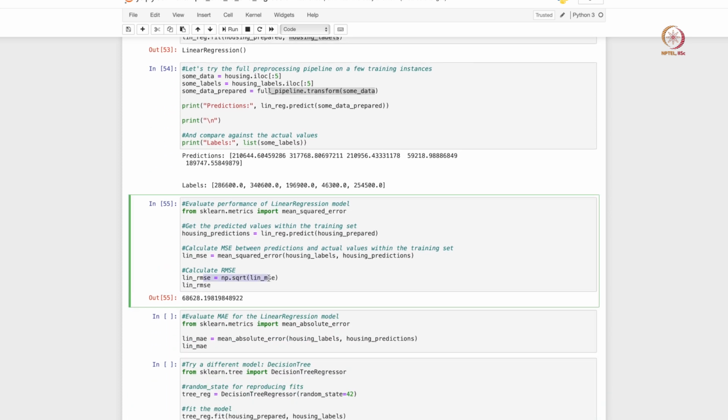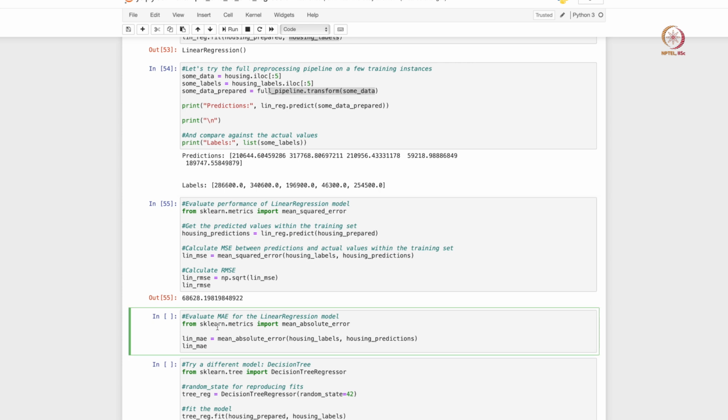The last line basically takes the square root, so we are actually printing out the root mean squared error here, and it looks like the root mean squared error is quite high. We have an error of about $68,000 with our model, and this is actually a significant error. There are entire houses that are going to cost maybe $50,000 or $40,000 according to 1990 data of course, so we are off by the entire cost of some houses. Again, this is not a great model, but it's useful to know these metrics.